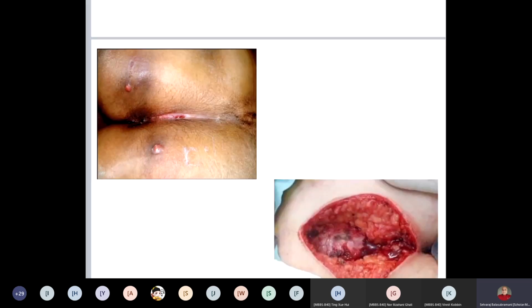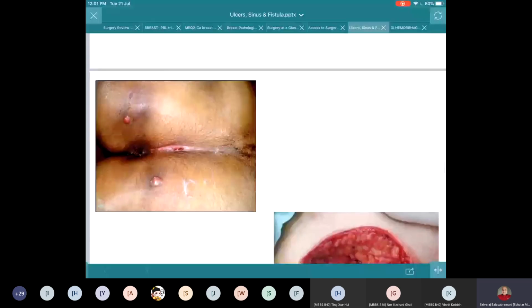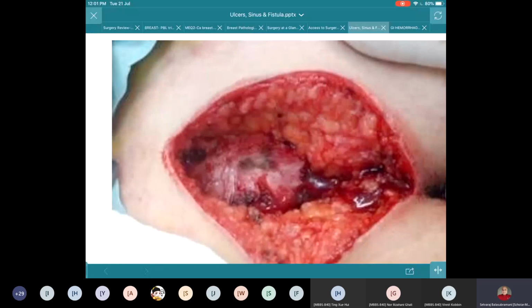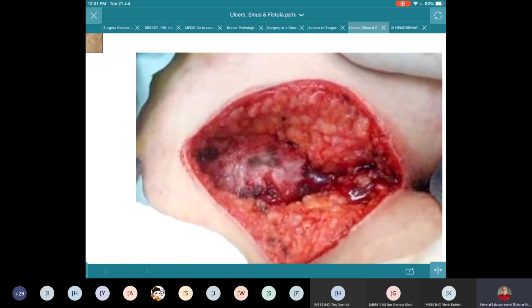This is a big problem. So you have to, in the second picture, okay, sorry. Here you are seeing the surgery. This is a very deep one. So you have to excise it up to the sacral fascia. Are you able to see that white, glistening structure? That is sacral fascia. We have gone up to the bone. You have to dissect this deep in case of pilonidal sinus.